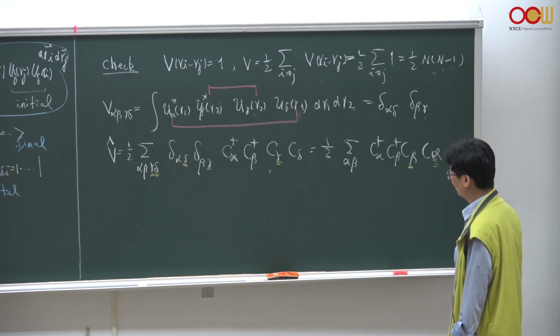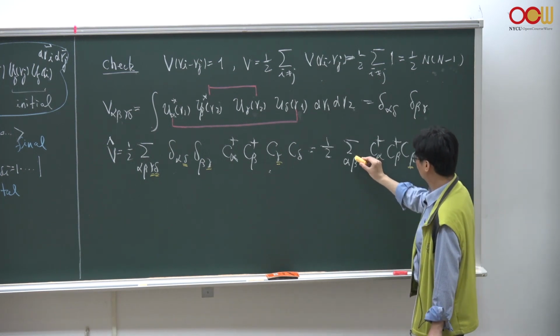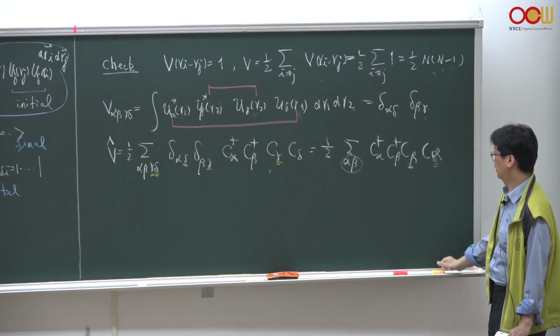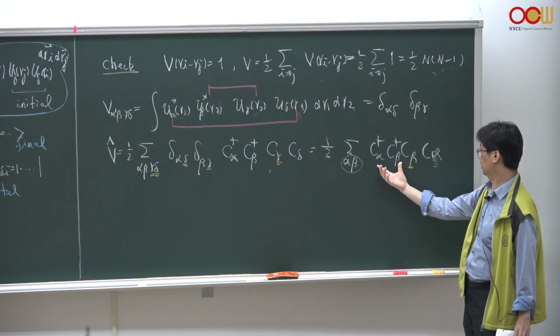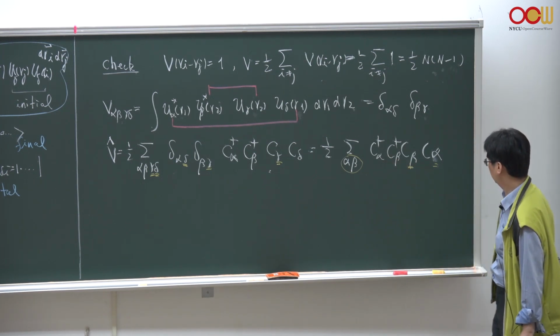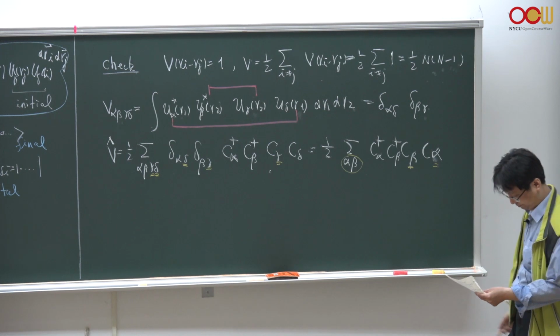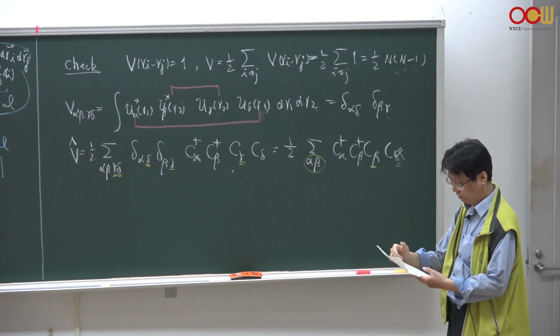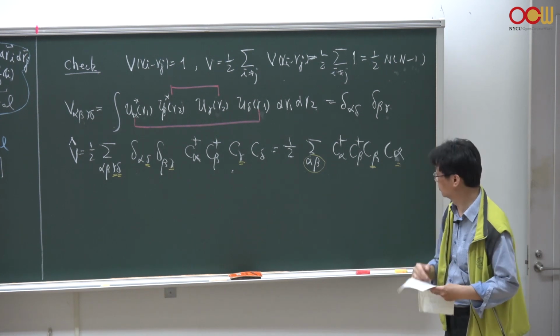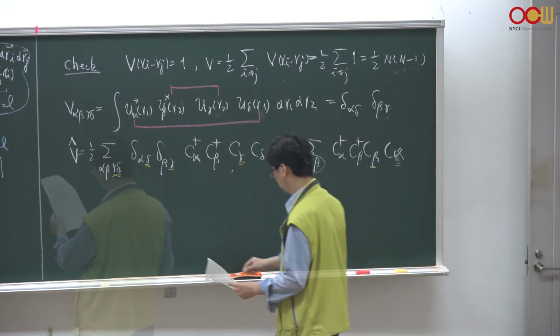Okay? So now the summation reduces to two indices, alpha and beta, and inside the summation you get these four operators: C dagger alpha, C dagger beta, C beta, C alpha. So now we could take advantage of the anti-commutation rules for fermion operators. Remember that